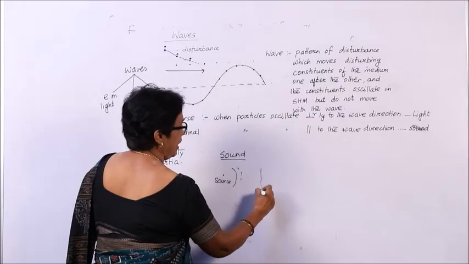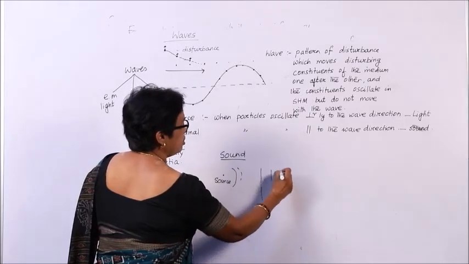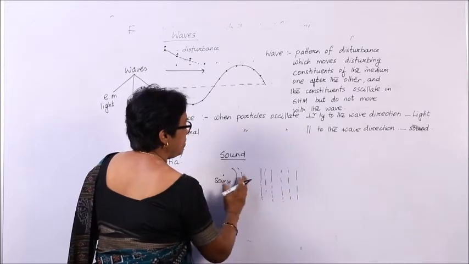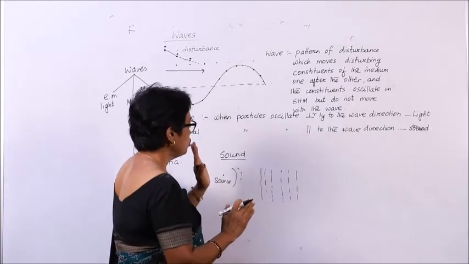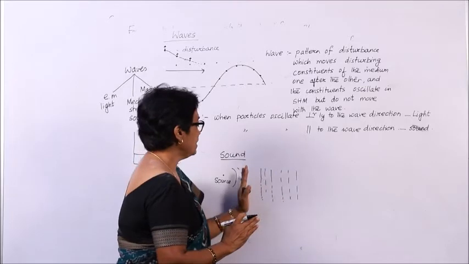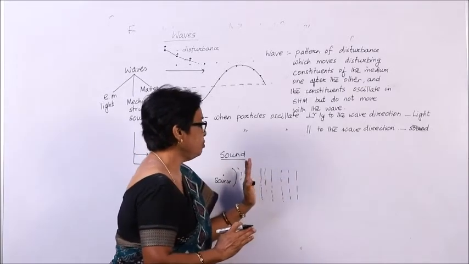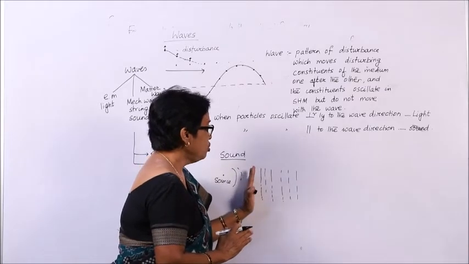So, this air you can consider to be consisting of many layers. So, it vibrates the layer. Suppose it presses the layers, so what happens here is that there will be pressure, and the air layer will